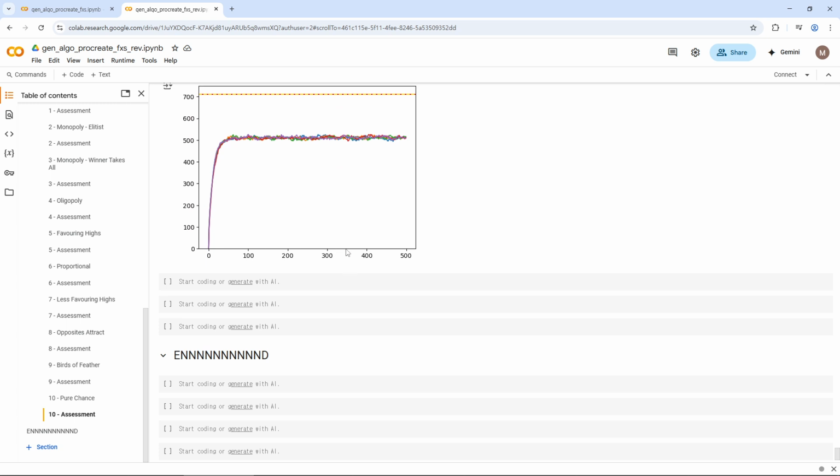So these are the 10 different Procreate functions that I have come up with. I know there can be more, and I know that I can mix and match some of them. Either I mix one function with another, or take one or two aspects from one function and combine that with some other aspects of some other functions. Yeah, but these are the 10 basic functions that I have devised and created,